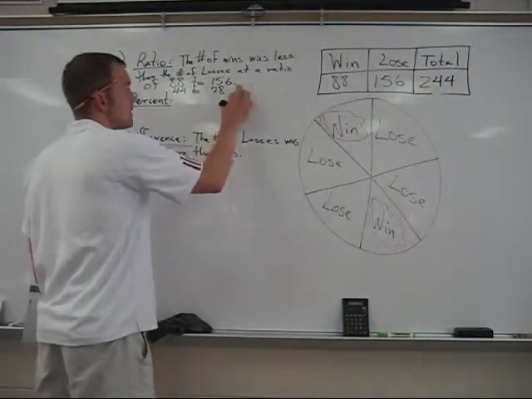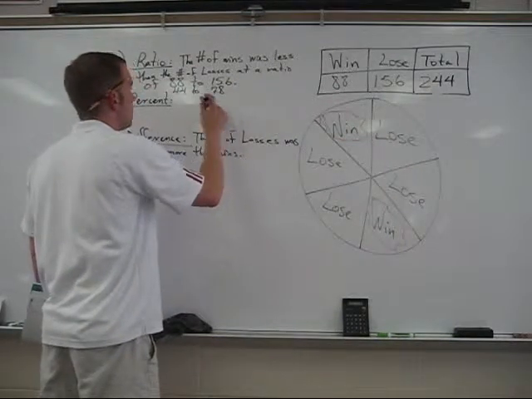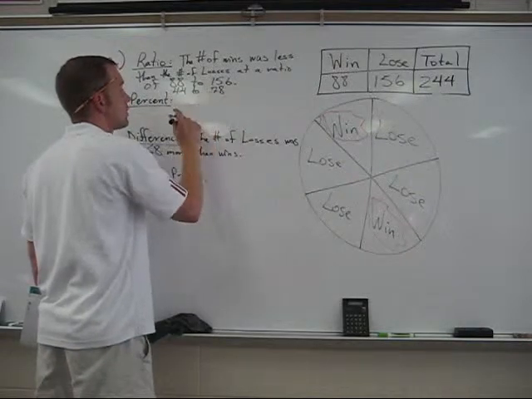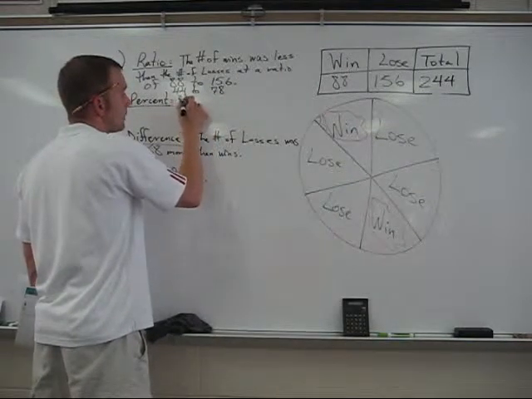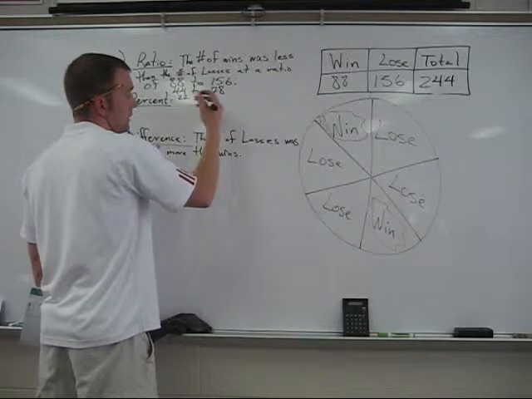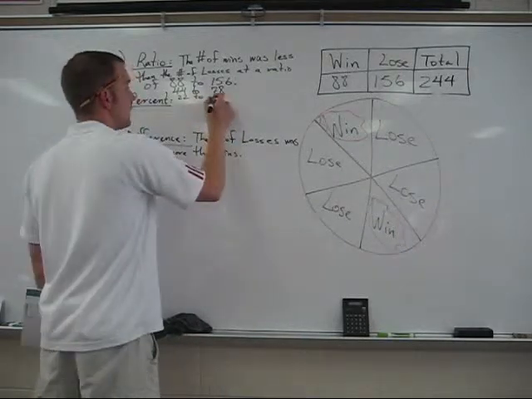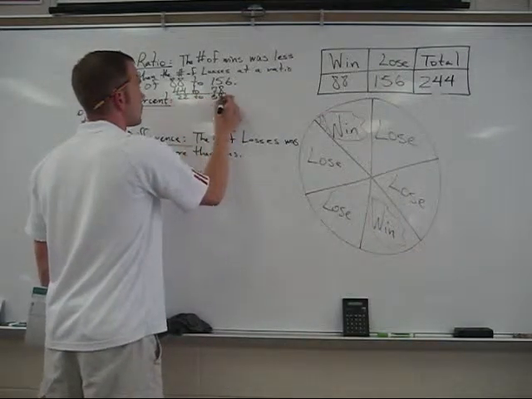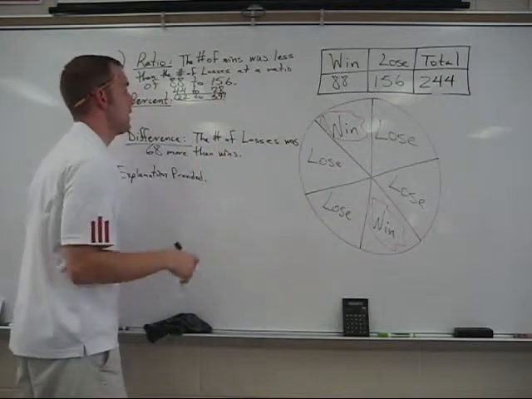Half of 156 is 78. Okay, now I could split these in half again due to the fact that they're both even. Half of 44 would be 22, and that would be compared to half of 78, which is 39. Now I know I can't go any lower than this because 22 does not share a common factor with 39,